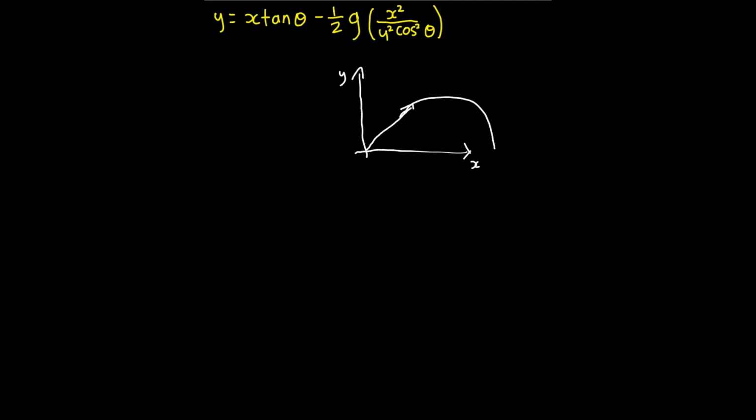So now we'll use one of Newton's three equations to derive this equation, and the equation we will use is s equals ut plus a half at squared. And now our motion occurs in two components, the x and the y components. So first we'll solve for the x component. So for the x component,